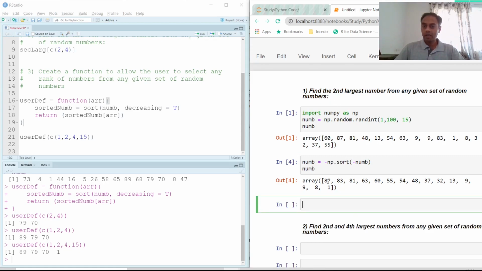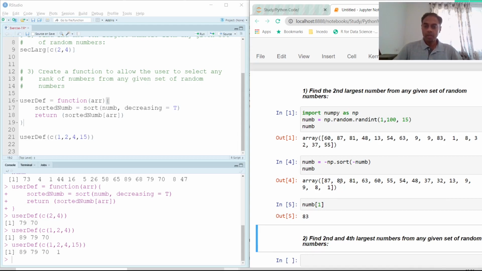Since I just want the second largest number, all that I need to do is pass the index of the second number, which is nothing but 1, because indexing in Python starts from 0. So num[1] indicates I want the number in the second index. So if I execute this, it would be giving me 83. All right.